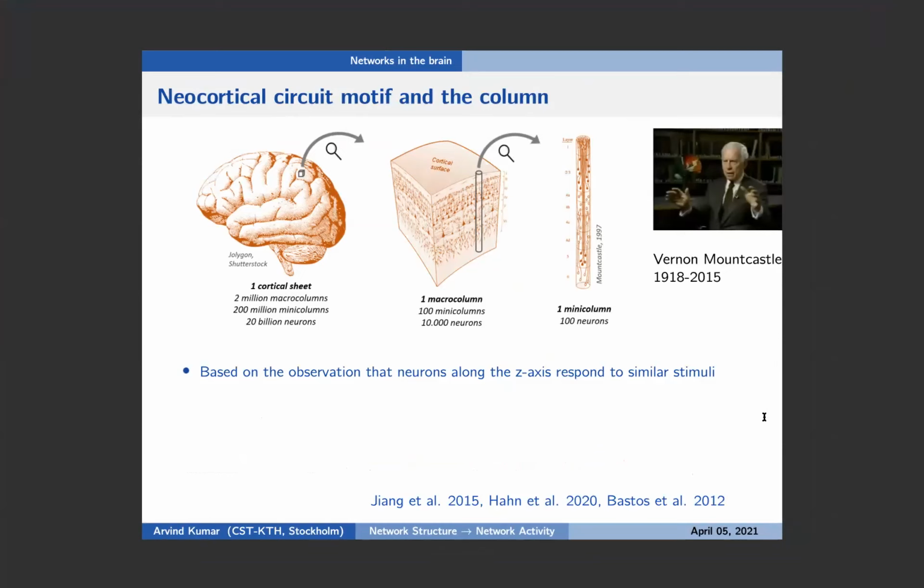In the neocortex, there's another aspect which relates to this idea of motifs. The idea of motifs has been very old for the neocortex. In fact, since long it has been known that the neocortex could be thought of as a collection of many mini columns. This idea was initially proposed by Mountcastle, who saw that vertically, if you look at neurons, they tend to have similar stimulus preference. And then he thought that this could be considered as if it were a column. And then many such columns are put together to construct the neocortex.